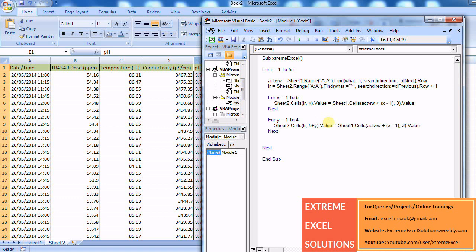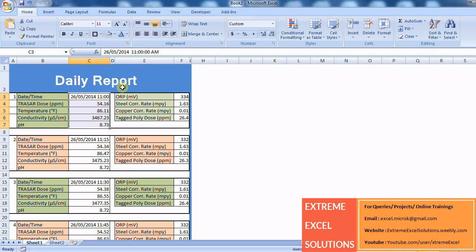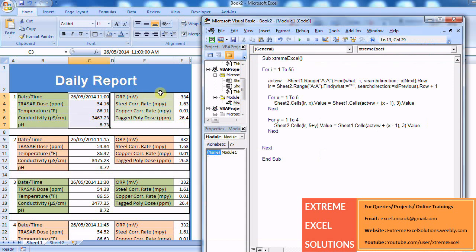5 plus y here. So y is 1, that means 5 plus 1, 6. When y is 2, 5 plus 2, 7. So 6, 7, 8 and 9. This value will go into these columns of sheet 2. And from where we need to pick this value? Active row. Active row is correct because active row was 3rd row. It is also in same row. We need to add 1 every time to it, but the column number is different. Column number is 6 in this case, not 3. So let's first change the column number. So column number is 6 and active row plus x minus 1. This is correct. Now if I run it,